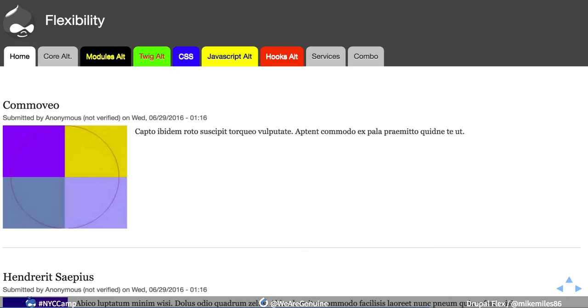And now the hooks tab has the word alt at the end, white text, and the red background. So I altered that using PHP, but I got the same effect as if I was using JavaScript, right? It looks the same at the end point, just a different skill set. Now, if I wanted to do something a little more robust, and this is going to get ridiculous,